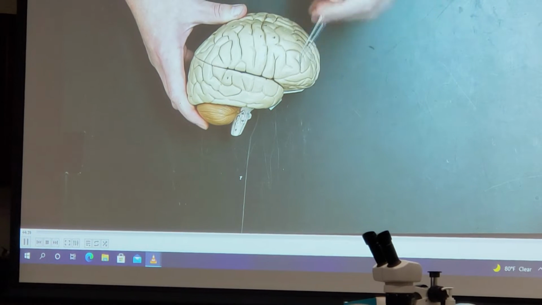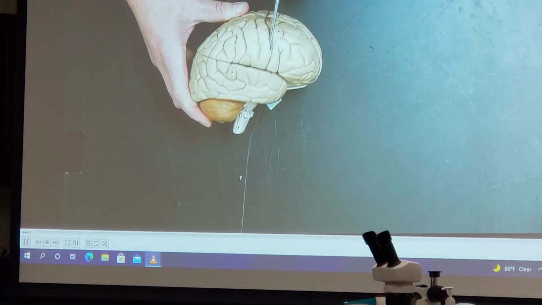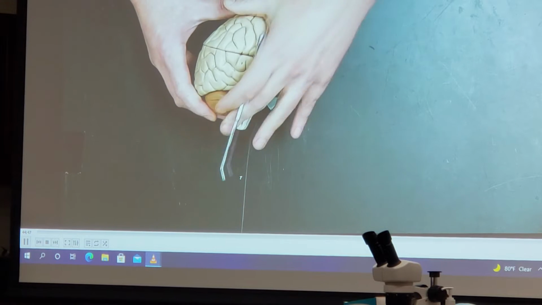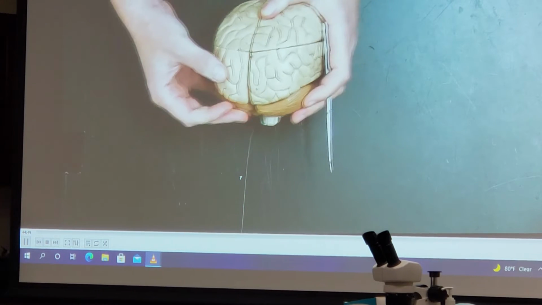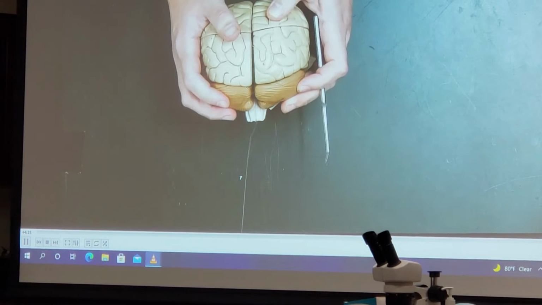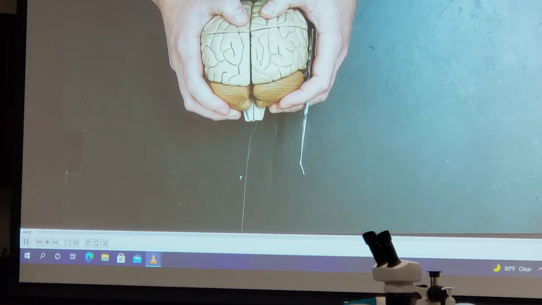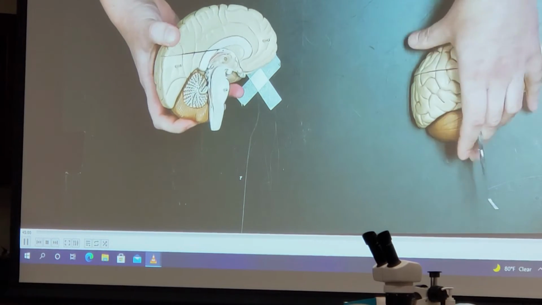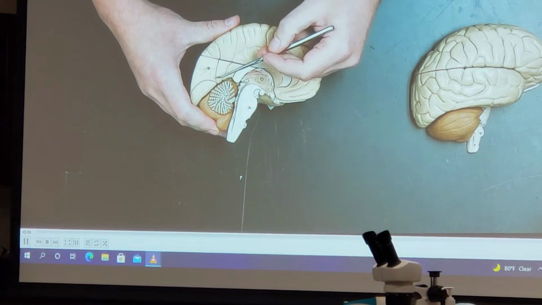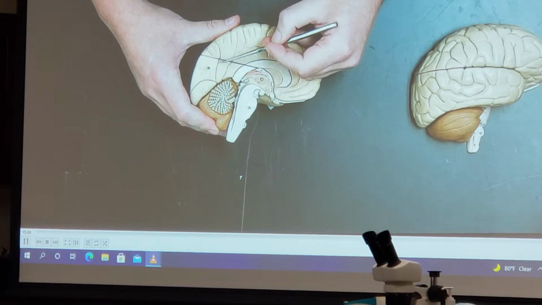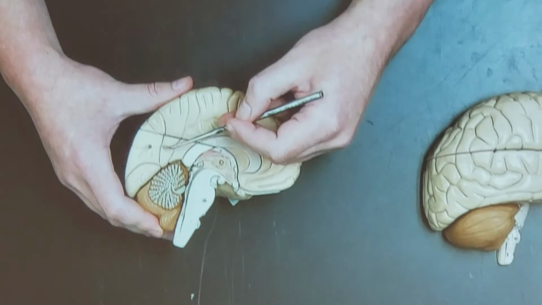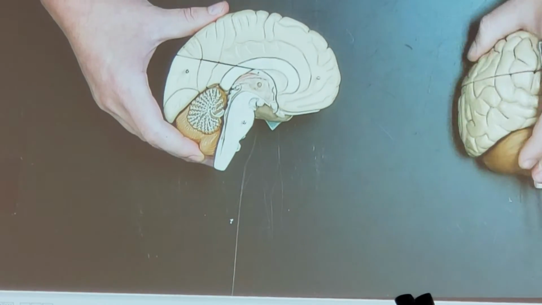So posterior to the central sulcus is going to be the parietal lobe here. So this is the parietal lobe. And most posteriorly is going to be the occipital lobe here, where we have the primary visual cortex and the visual association areas. But we can see the boundary between the occipital lobe and the parietal lobe here at the parieto-occipital sulcus. On the mid-sagittal view of the brain,